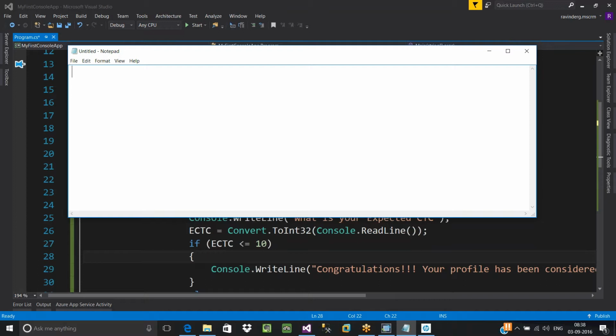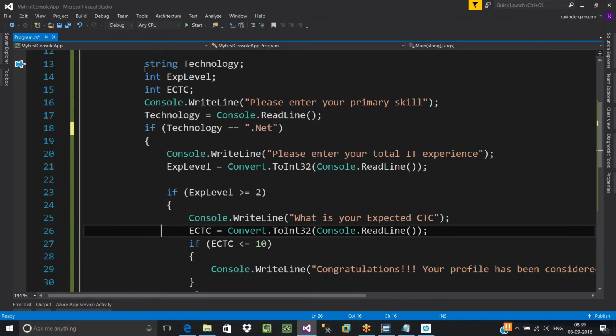Now we'll have to automate this process, right? Because daily, some thousands of transactions will be done on your website. So you cannot check all those transactions manually. You cannot check the card type manually. So you'll have to automate this process. The system has to check whenever they book tickets online. The system should ask them to enter the card type. Once they enter the card type, it has to validate the card type against all the possible options available with us. And if that falls in that category, it has to make that respective offer available to the user. So this is what our project is. Now you'll have to automate this process. So how do you write this condition?